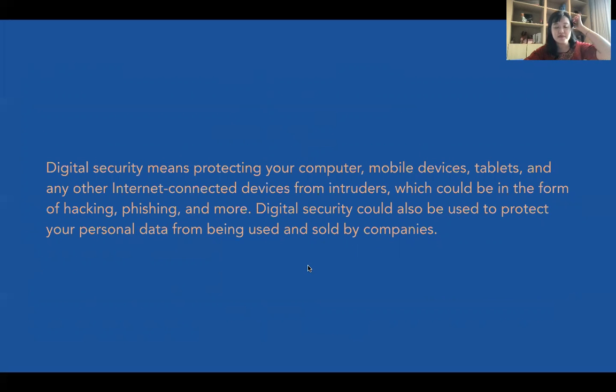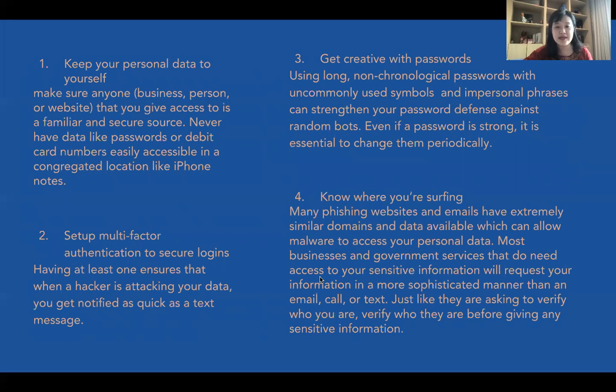So very quickly, digital security means protecting your computer, mobile devices, or all the other digital devices and internet-connected devices from intruders, which can be in the form of hacking, phishing, and more. And digital security can be used to protect your personal data from being used and sold by companies. So with that being said,